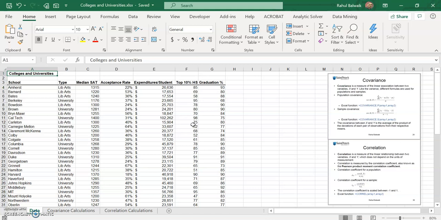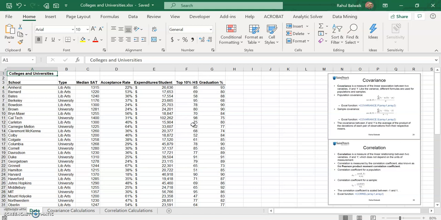Okay, so the first measure of association that we'll try to learn is the covariance. Covariance is basically a linear relationship or linear association between two variables. The larger the absolute value of the covariance, the greater is the degree of association between those parameters. Like any other example, we'll first manually find out how covariance works, and then we'll use the Excel function called covariance to determine it.